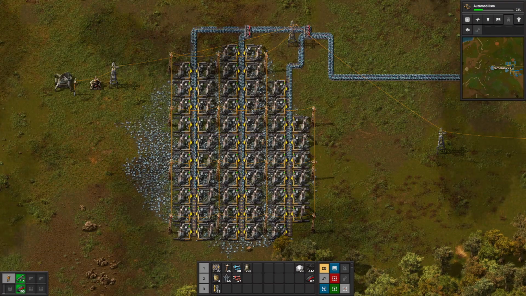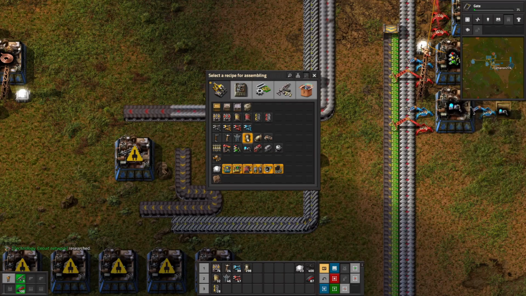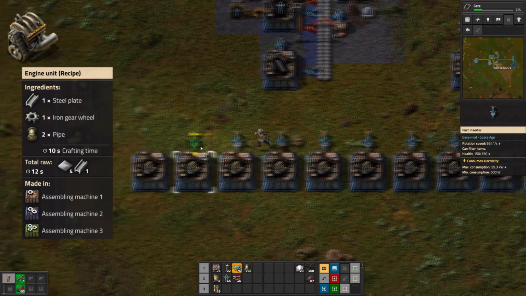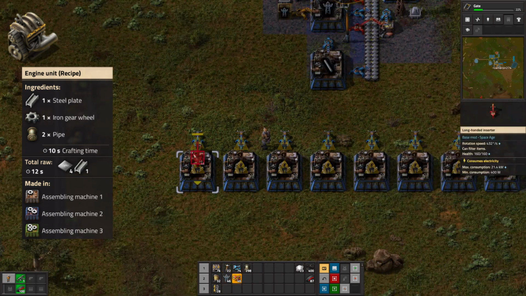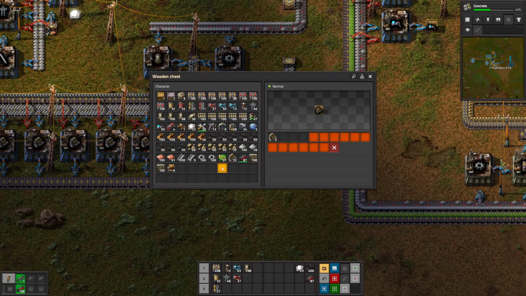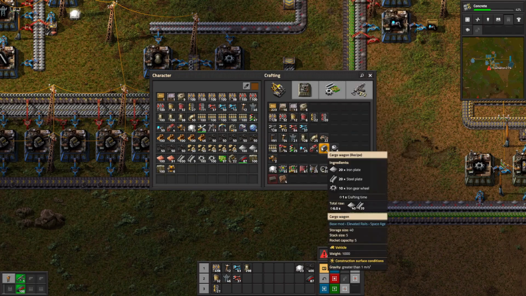Okay, our iron supply should be good for a little bit. Next, let's use some more of that iron to make some new parts. Engine units, to be specific, made from iron and steel. And now it's time for...